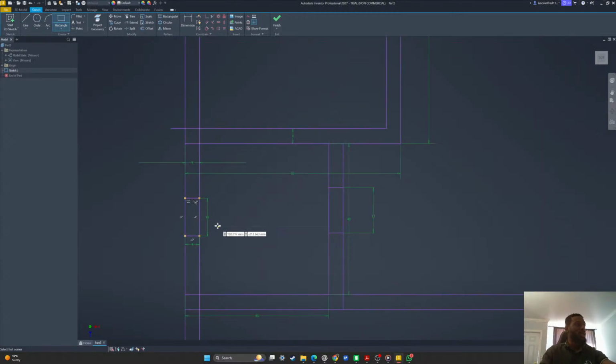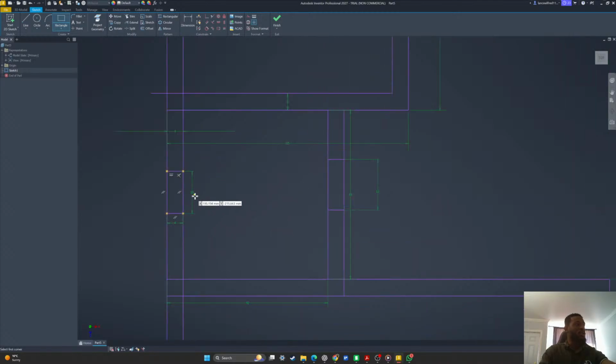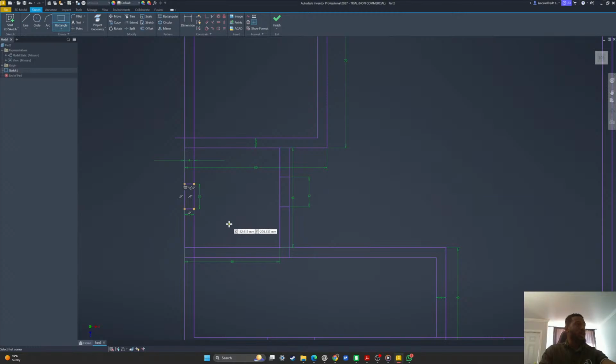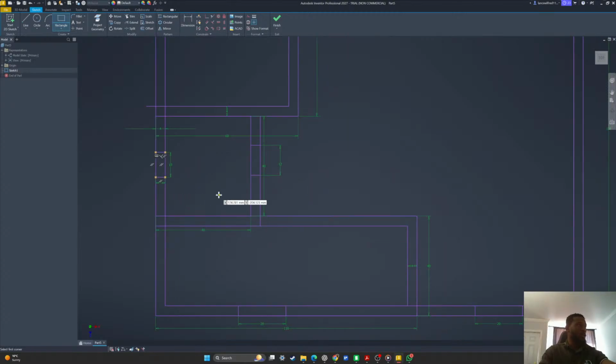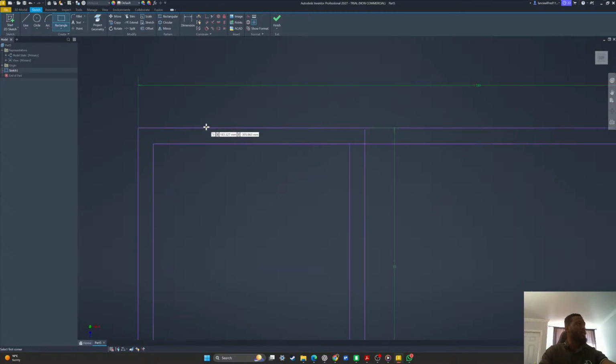What I mean is, if you want to get the real life scale of this door or this plan, all you have to do is multiply each of these numbers by 50. That's how you get the real scale. So it's actually very easy. So if we make all the parts the same, that's how we know all the parts are going to fit no matter what. So we can make this